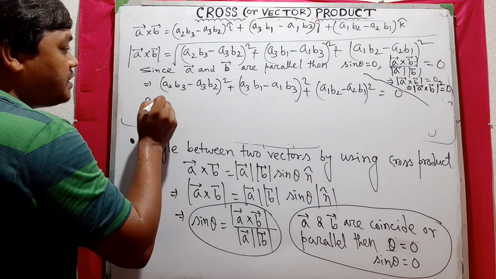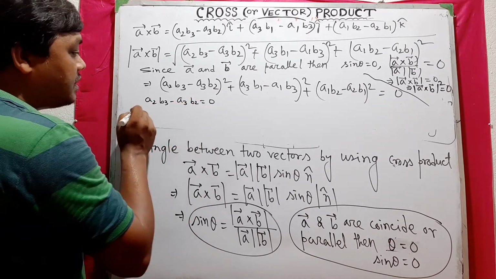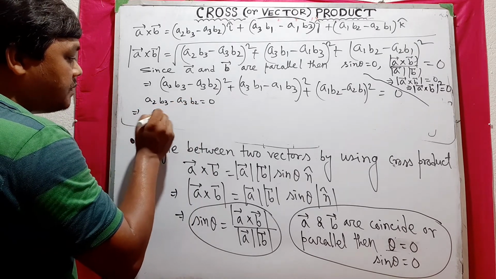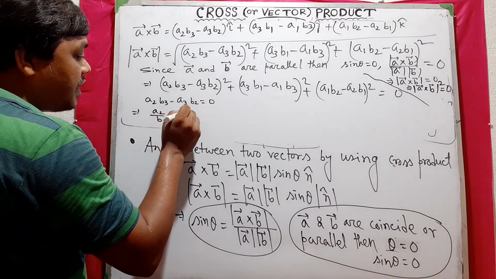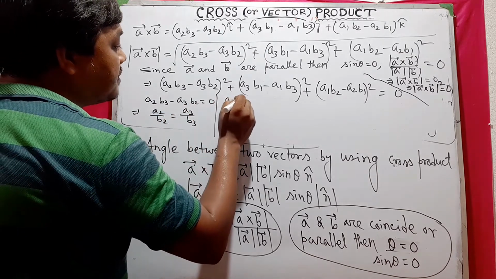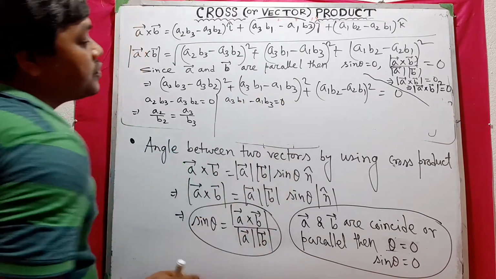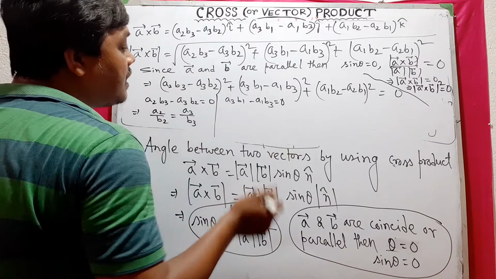So a2b3 minus a3b2 equals 0, that gives a2 by b2 equals a3 by b3. From the second part, a3b1 minus a1b3 equals 0, each square sum 0 means each is separately 0,